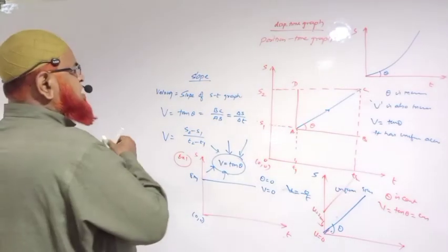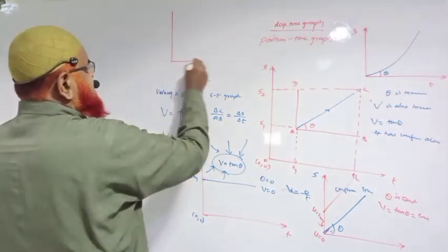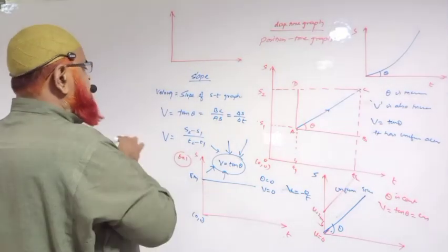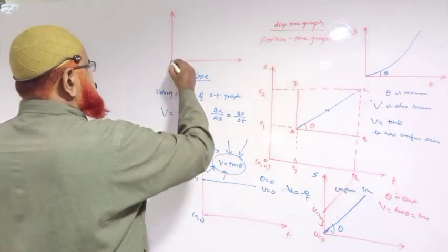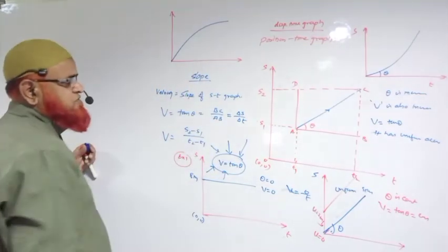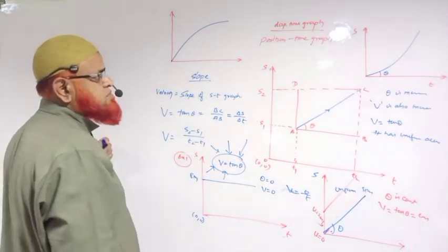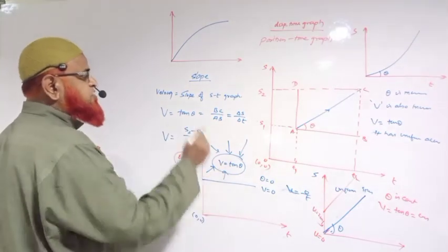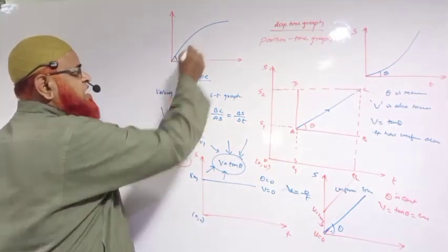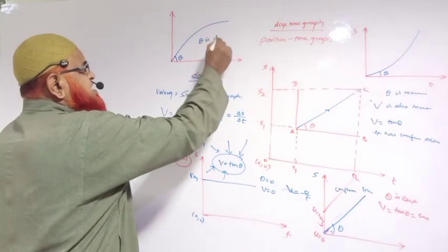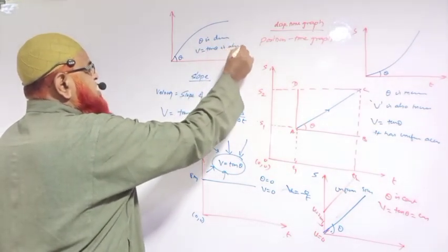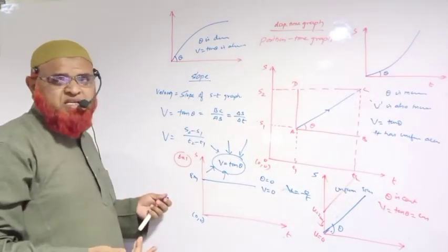I will give one more example. You have to tell me now, because there are many problems which come under graphs here. Now I have drawn one graph like this. What is the meaning of this graph? Can you tell me? I told you you have to judge the graph with the help of angle only. This is theta. Theta is decreasing. V is equal to tan theta is also decreasing here, because theta is decreasing means V is also decreasing.